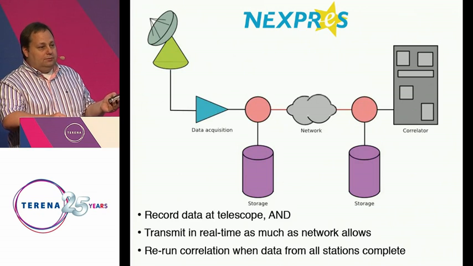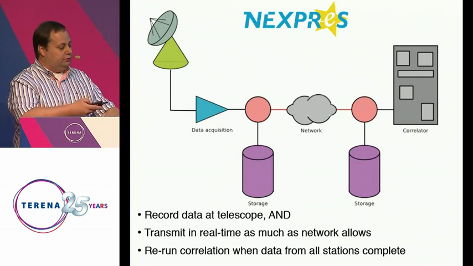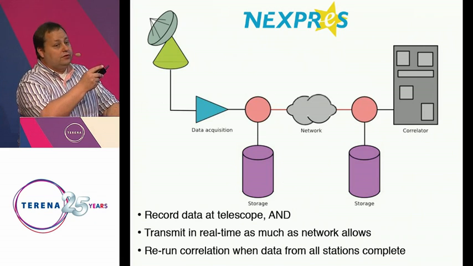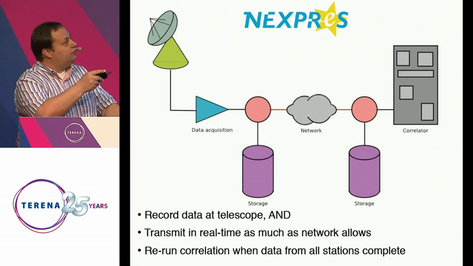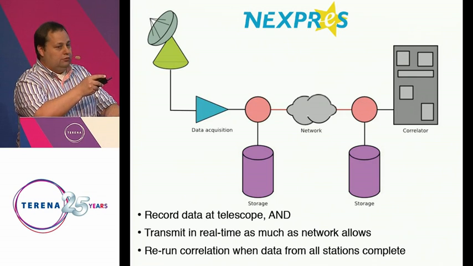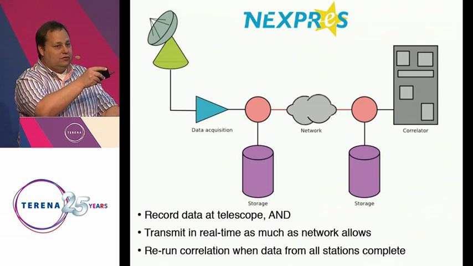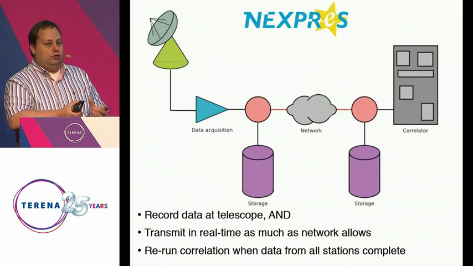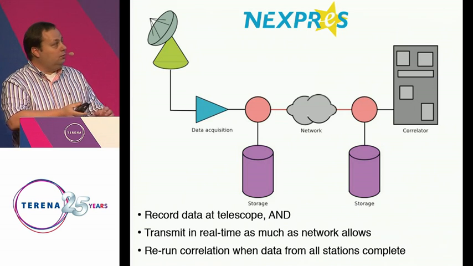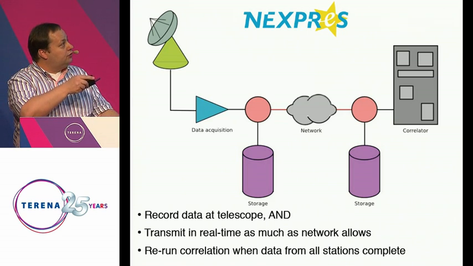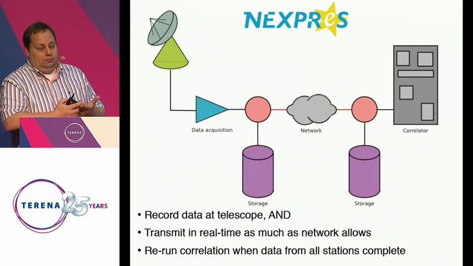So to give you a very schematic view of what we are planning to do: you have the radio telescope over there, the data acquisition system, and then at the moment we either store it or we send it over the network. In NEXPReS we want to make it so that as we observe, we will store the data locally at the telescope, so it's very close to the source, so the chances of any mishaps are very small. And then we get as much over the network as we can,